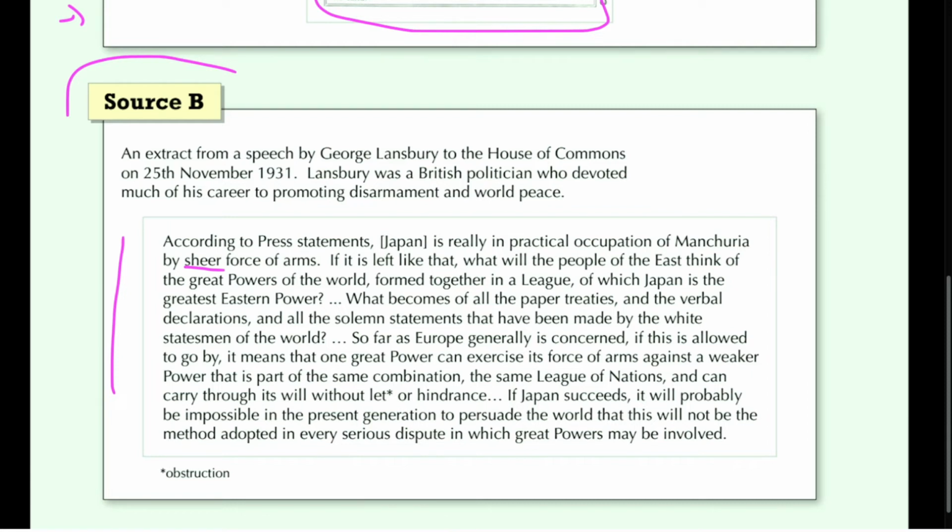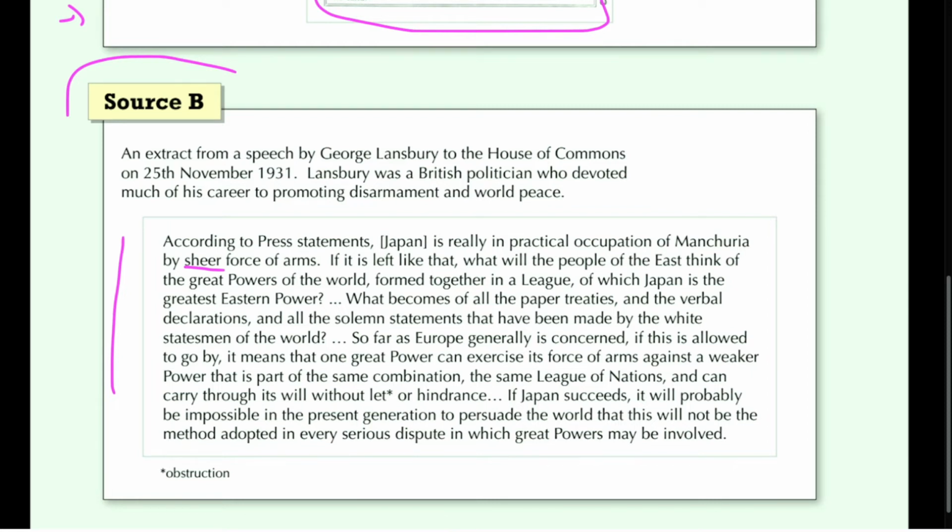What becomes of all the paper treaties and the verbal declarations and all the solemn statements that have been made by the white statesmen of the world? So far as Europe generally is concerned, if this is allowed to go by, it means that one great power can exercise its force of arms against a weaker power that is part of the same combination, the same League of Nations, and